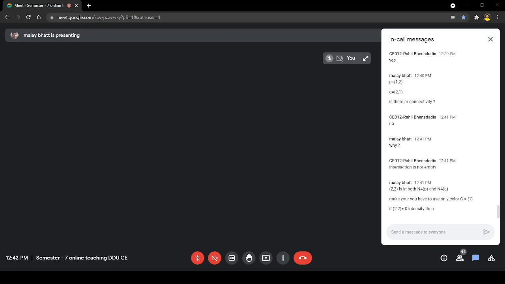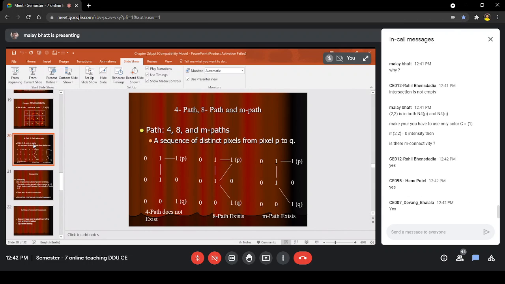Yes, because the intersection has a pixel with intensity 0, and that is not a part of your color set. So we are doing the same thing here. There is no 4 path between the two.